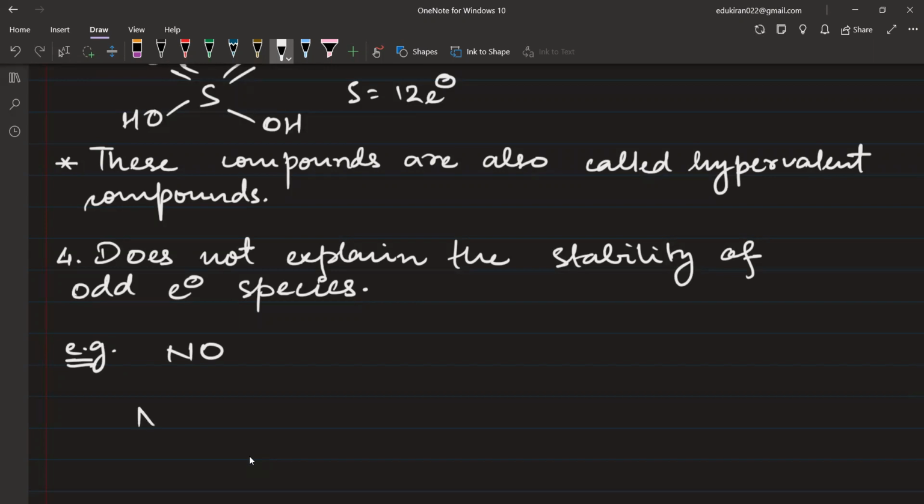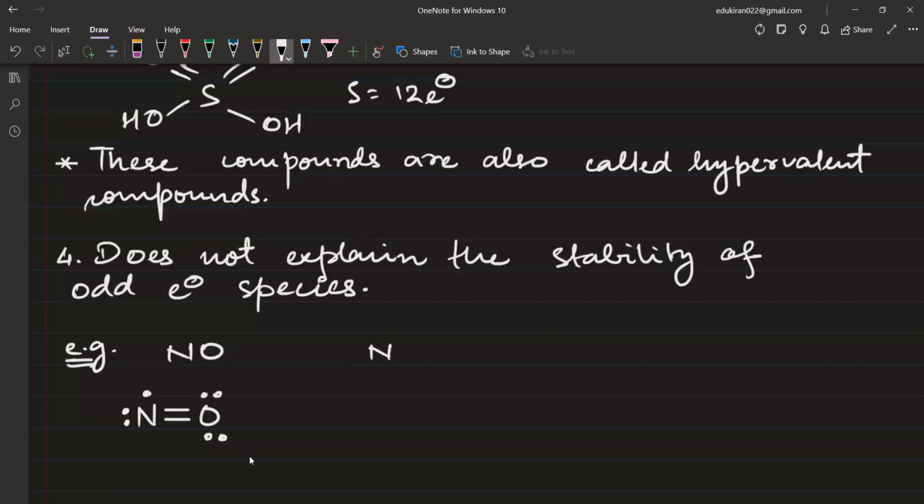So for example, the nitrogen will have double bond with oxygen. Oxygen will have these electrons like this. Nitrogen is going to have 1, 2, and then the third electron here. यहाँ पे देखिएगा नाइट्रोजन का ऑक्टेट जो है वो कंप्लीट है, and it is having this one electron, जो odd electron species है. Okay, similarly you will also have